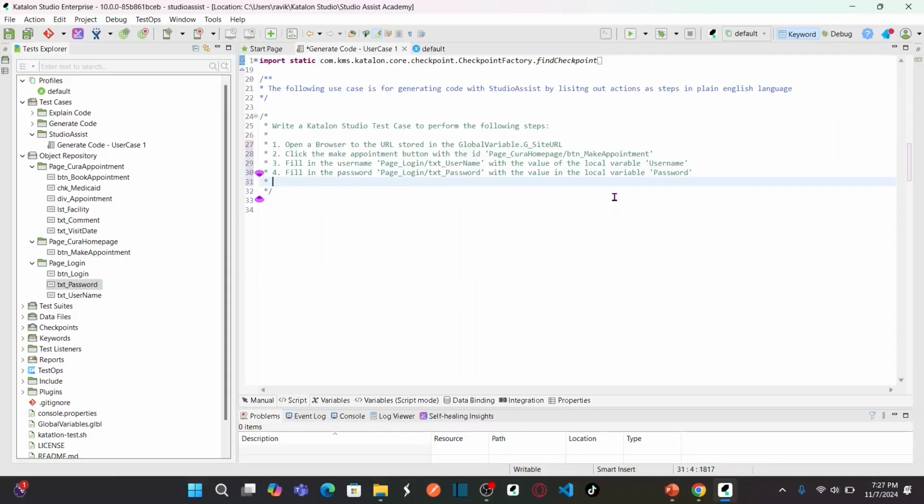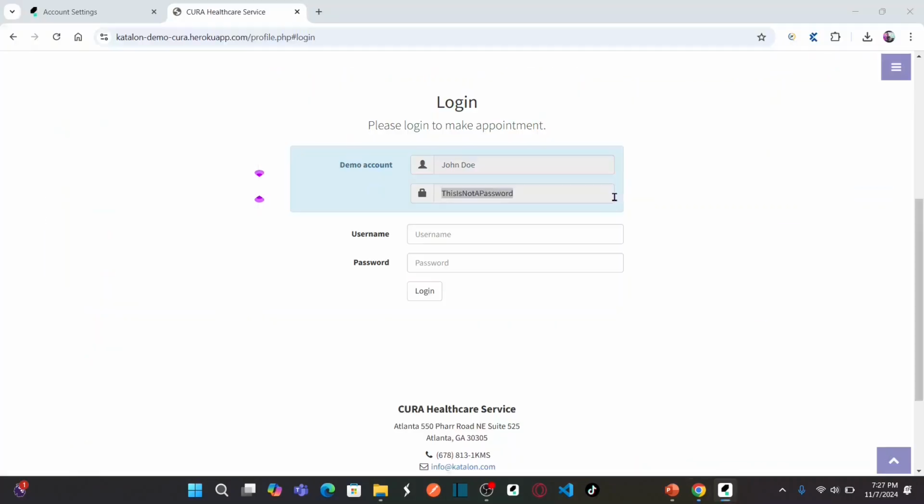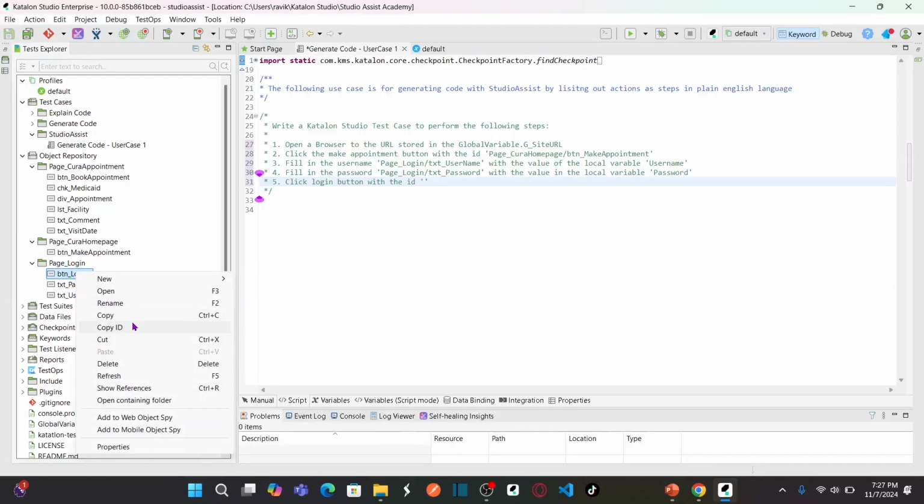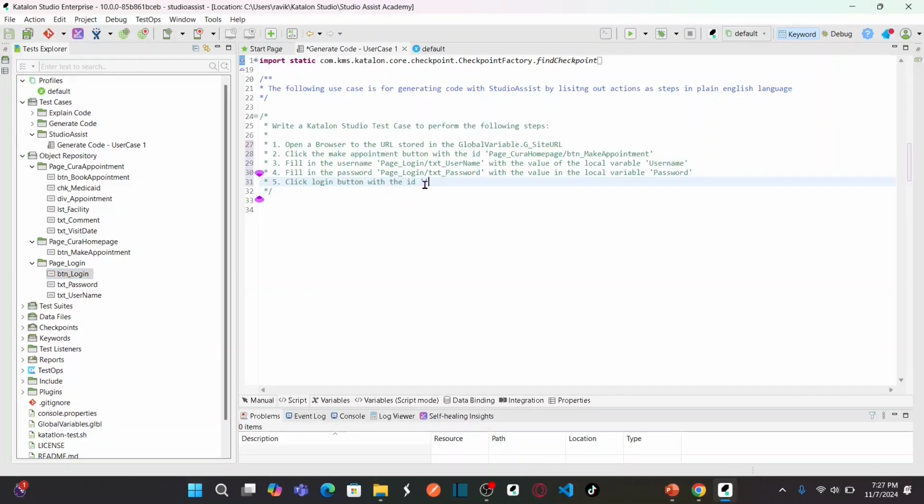And now what is my next step? My next step is click on login. Click login button with the ID. What is the login button ID? This is my login button. Copy the ID and then paste it here. Once you click on login, now you need to verify that